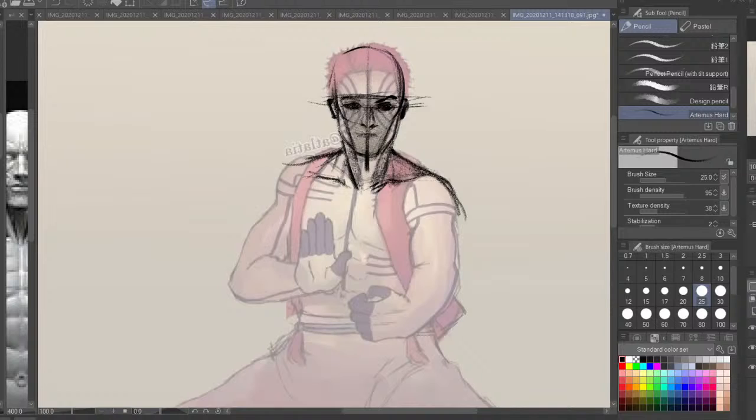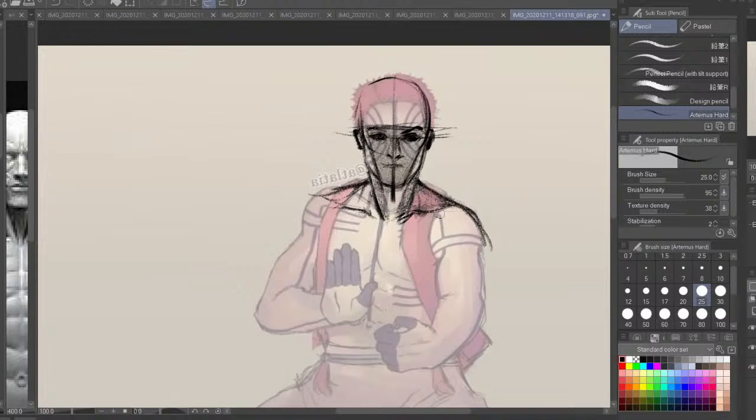Yeah, you can see my brushes there. If you want to look at it on the Clip Studio store, it's a pretty common brush. So I think it's all about how you use it. I usually just use it for